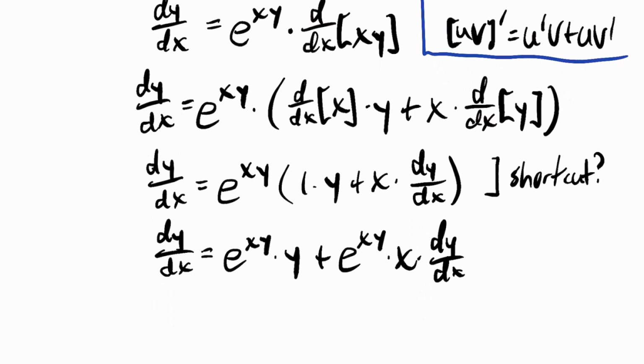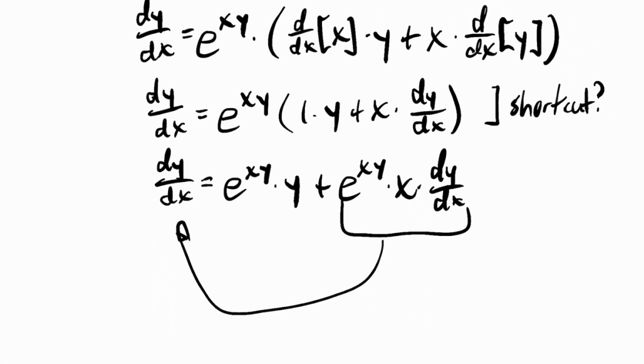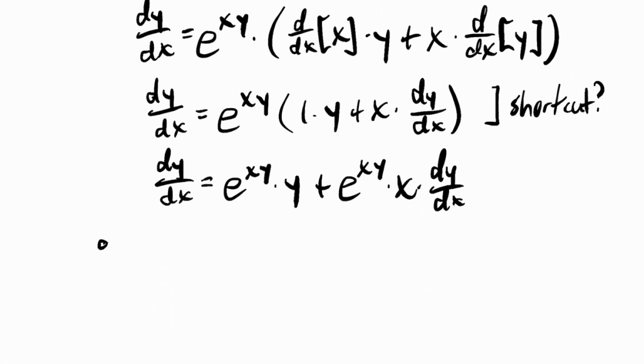Okay. Now I'm going to subtract this entire term because I want to move this over there. I need the dy dx's together on the left. So dy dx minus, I'm going to change the order up here a little bit. The order's not super important, but I'm going to put the x first. x e to the xy power